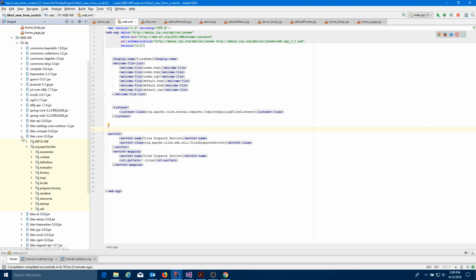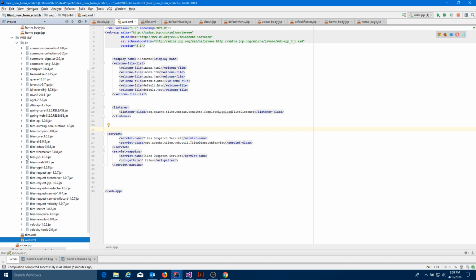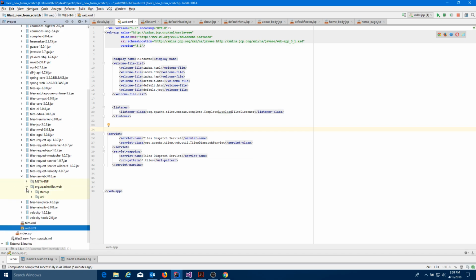So that will be maybe, I think it's Tiles JSP, and here we have our Tiles servlet, I believe. Here, Tiles servlet, right? And I have the web, and I have the startup util here. So notice here I have the Tiles dispatch servlet, right? And for the other one, I have to look at Apache Tiles extras, which is probably somewhere here,